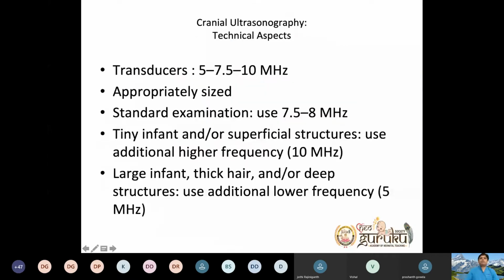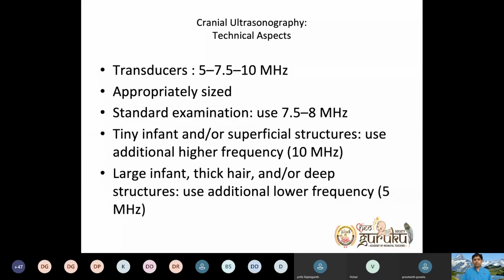So coming to the transducer, I'm sure the anatomy you can easily say now from center to periphery, lateral, medial to lateral, superior to inferior, and inferior to superior. So basic structure, you got a clear idea how it appears, so that when you hold a probe, you have a brief idea about the anatomy.